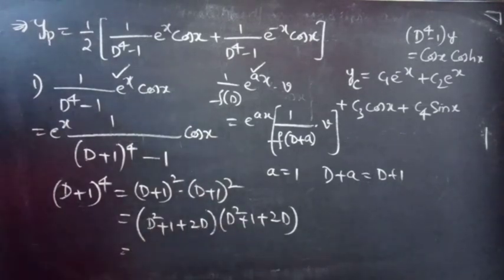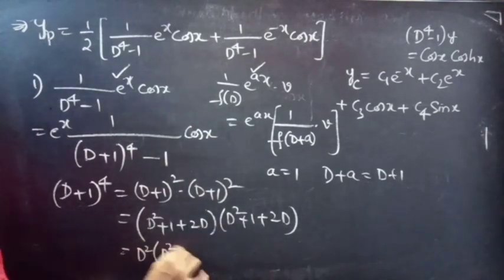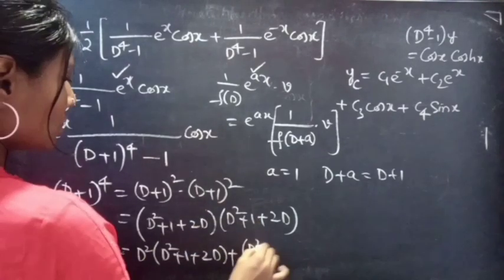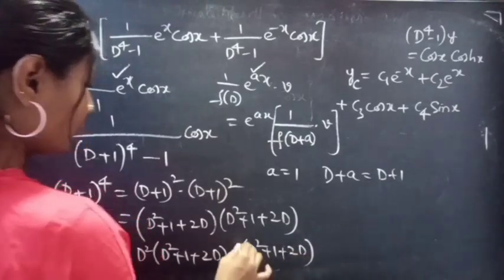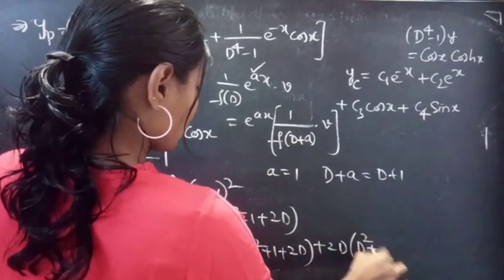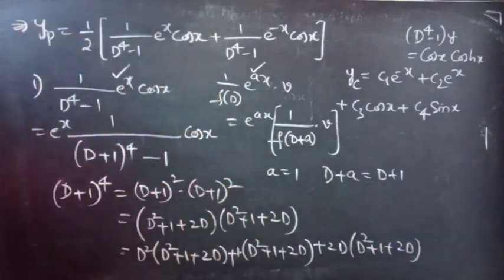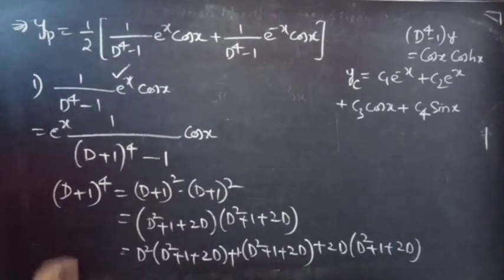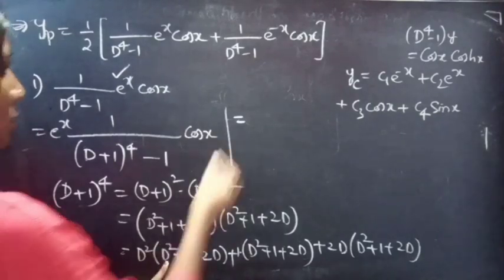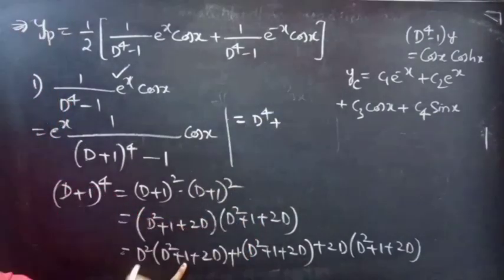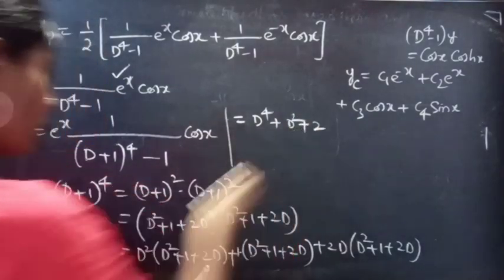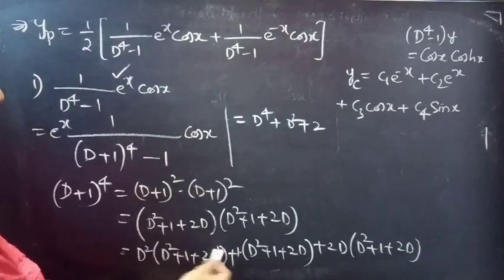Now multiply these two. We'll get d square into d square plus 1 plus 2d, plus 1 into d square plus 1 plus 2d, plus 2d into d square plus 1 plus 2d, right? Which equals d square into d square, 2 plus 2 is 4, d power 4, plus d square into 1 is d square, plus 2 d square into d power 1, 2 plus 1, 3, so you'll get